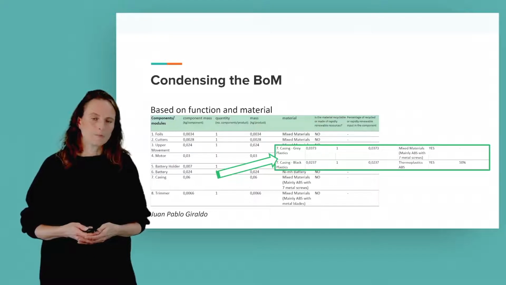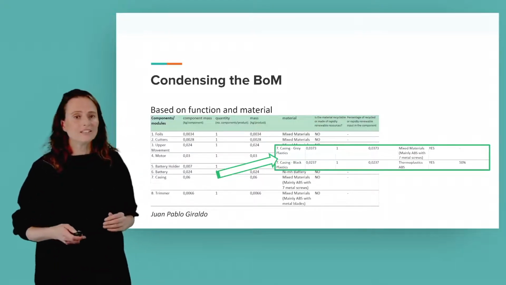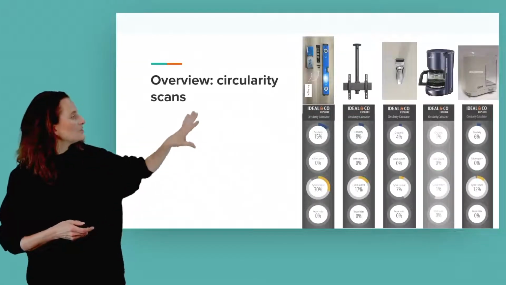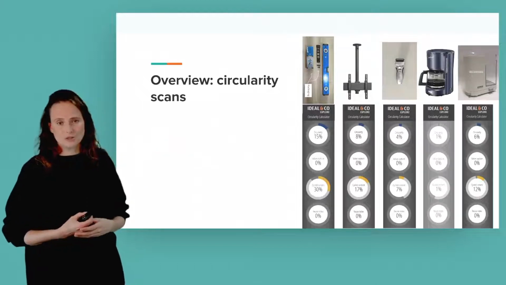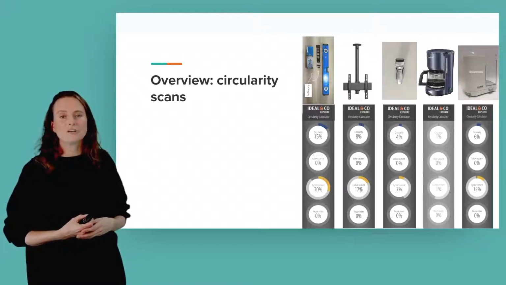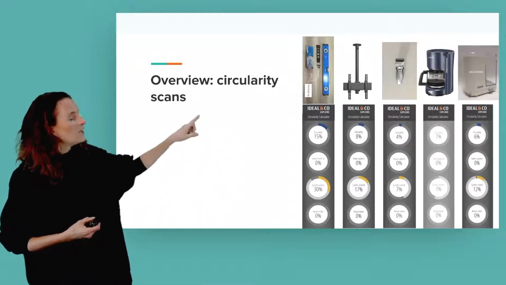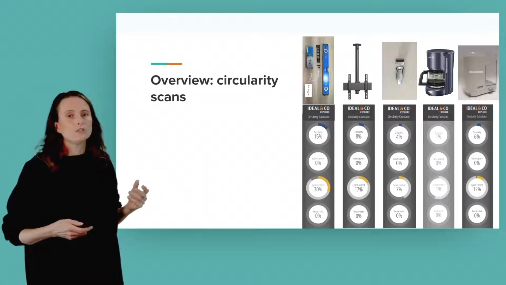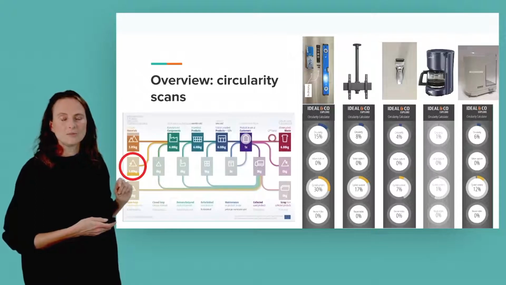So you've been analyzing the linear scenarios, and linear they were indeed, although there is some difference. Here you can see ranging from only 1% up to 30% circularity in the linear scenario. And as you can see in the third KPI, the yellow part refers to the use of either recycled content or renewable materials. So you can see a detail of that here.